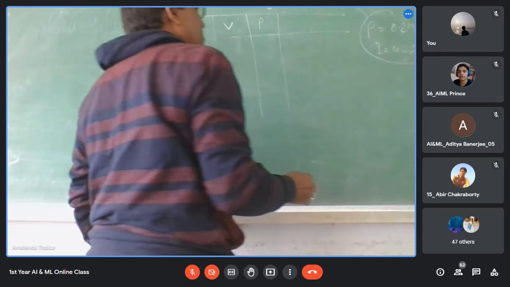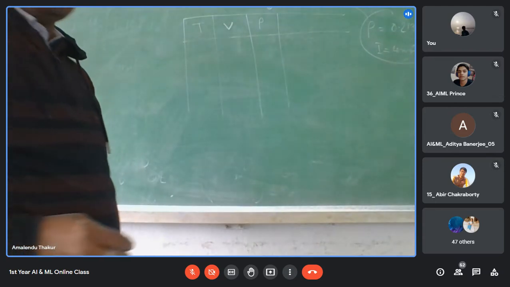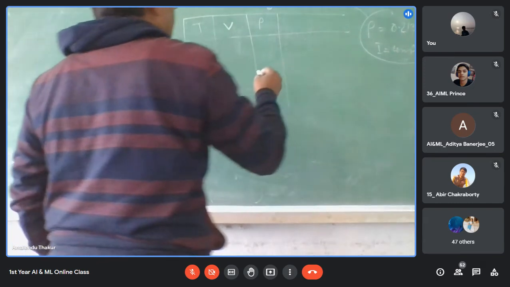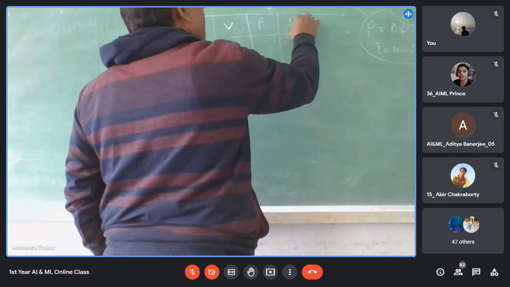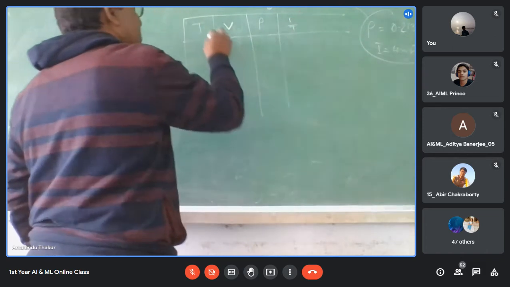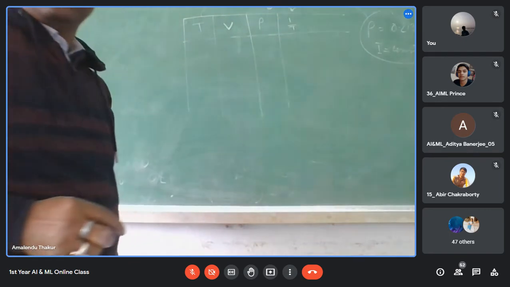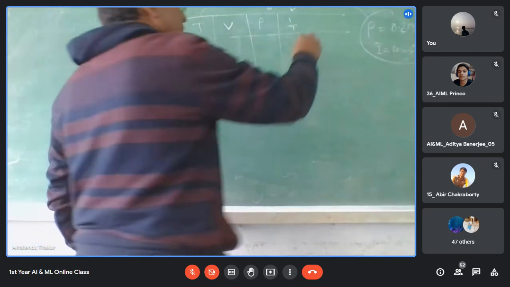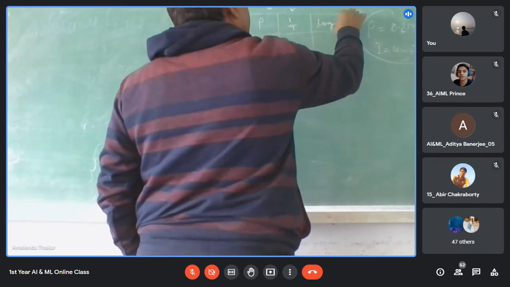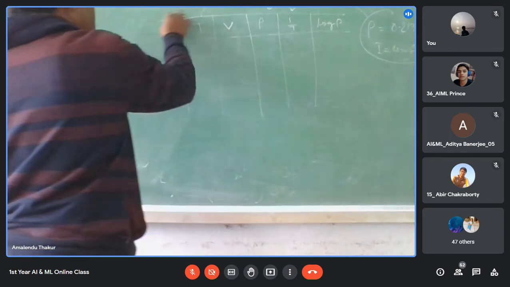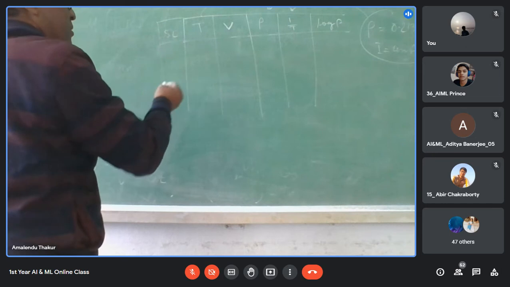Constant value. After getting rho, what happens? We take the temperature because in our graph we need temperature inverse, that is 1 by T. We record 1 by T. Now, temperature we write in the inverse form 1 by T. Then we take the log of this rho. This is, suppose, the serial or observation number.